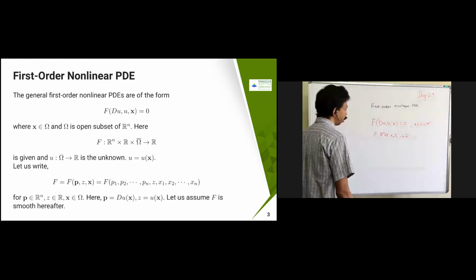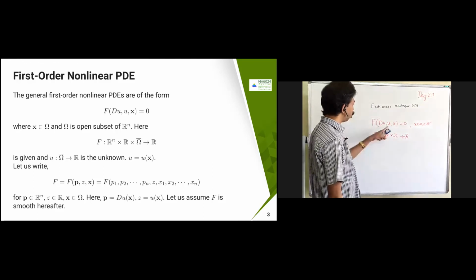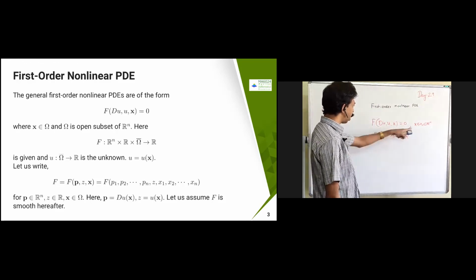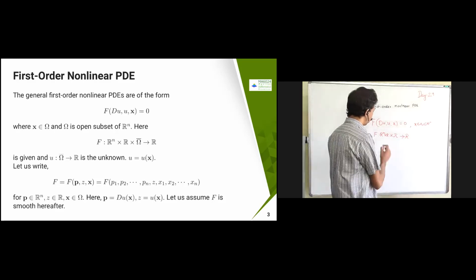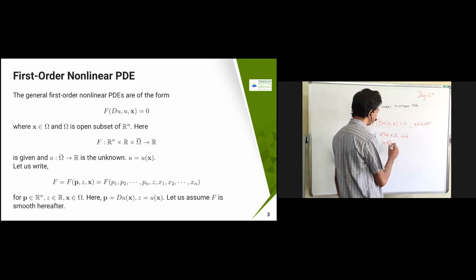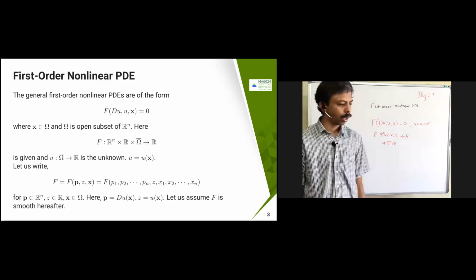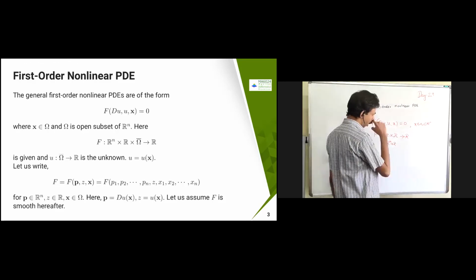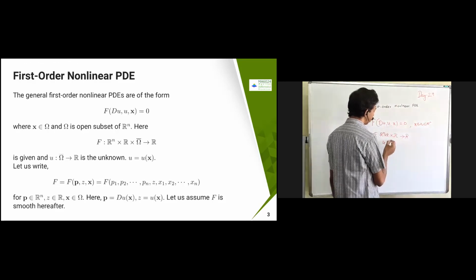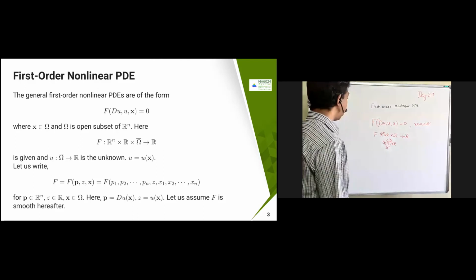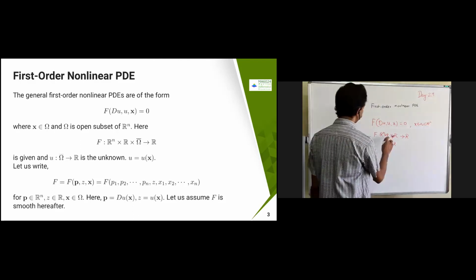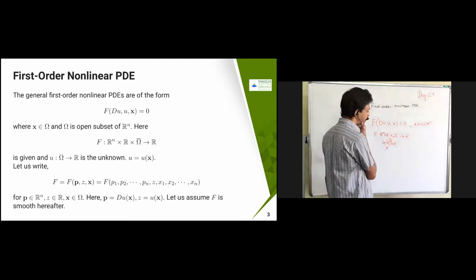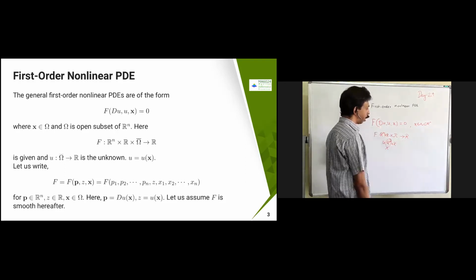This u is going to be in R, because u of x is a function from R^n to R. In fact, we are not going to take R^n also, because our x depends on Omega only. This is going to be a subset of that. Omega bar, so u is a function from Omega bar to R, and therefore this is a subset of R^n. The first argument is R^n because you have the first derivative, second derivative.